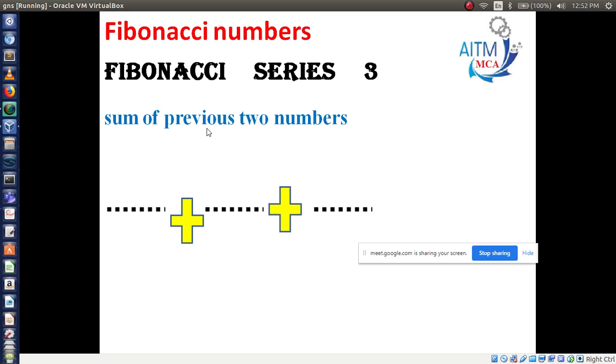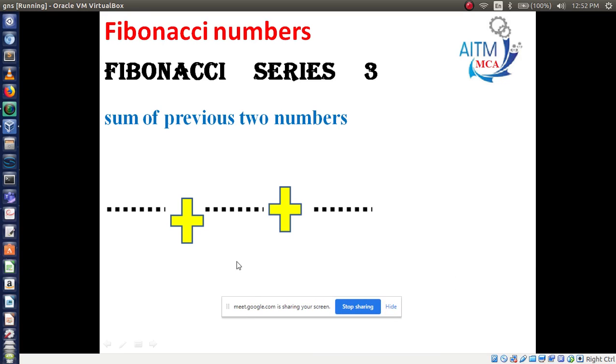Which one is the first number, which is the second, and which is the third? Very simple logic, try to understand here. The second thing you have to understand is the sum of previous 2 numbers. We need 3 numbers, so we have to generate 3 numbers, and to generate them we need the sum of previous 2 numbers.